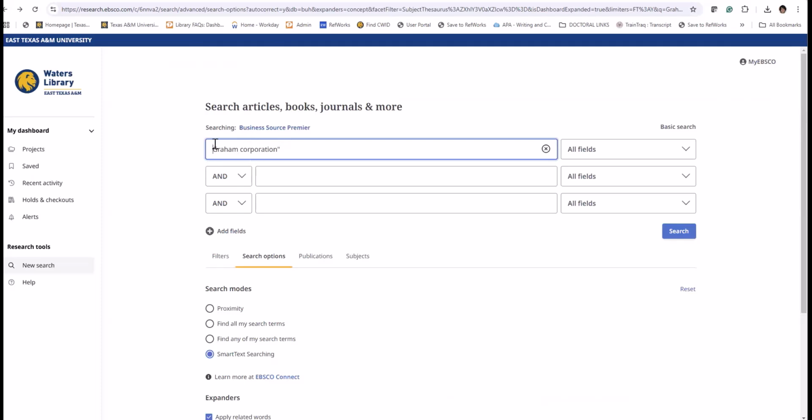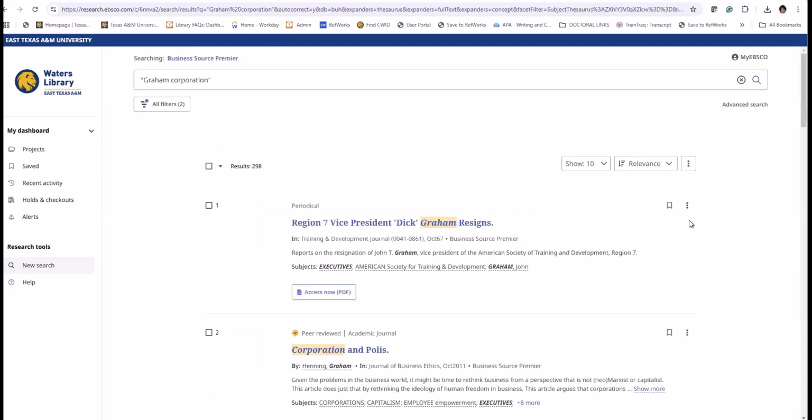Okay, here it is. I'm going to do it again. As I said, it's been updated and AI has been added. It used to work with the quotation mark, but as you see, now it doesn't.